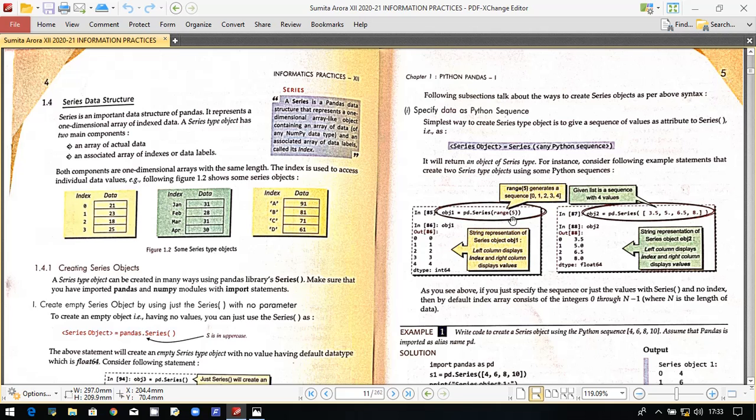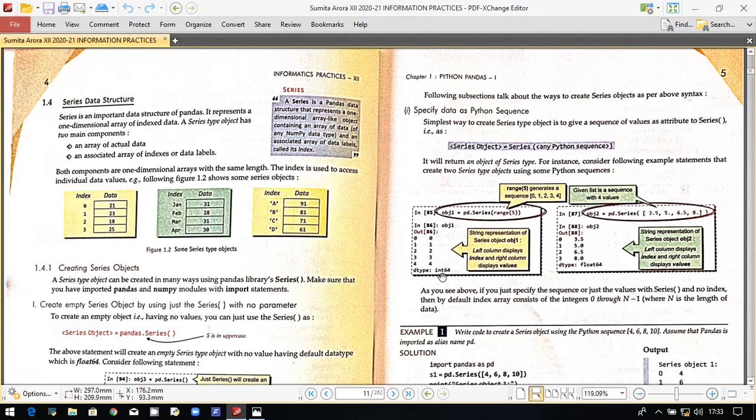When you are mentioning something inside the range, obviously it starts from the value 0 because you haven't given any starting value, and this 5 will be considered as the ending value, so the index will stop at 4. So you are going to get the data values 0, 1, 2, 3, and 4. And by default you can see the indexes have been created for each data value. For the first data value you have the 0 index, for the second data value the 1 index, for the third the 2, and then 3, and then 4. And here you can see a dtype has already been created as int64.